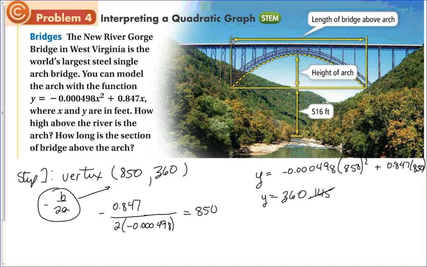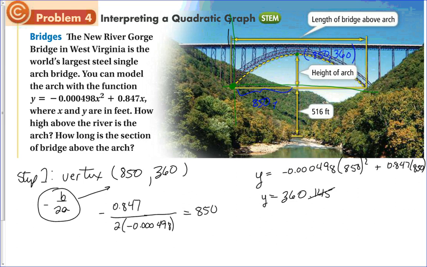All right, well, if this was on a graph, let me change colors. Hopefully we can see this. If this was on a graph, like so, this is terrible, with this being the origin right here. What that tells us here, our vertex is 850, 360. Which means from here to here, it is 300, no, I'm sorry, it is 850 units, or in